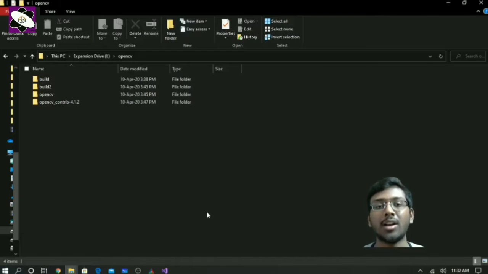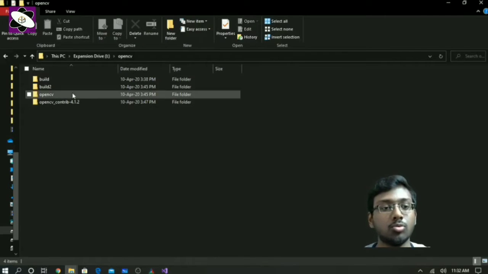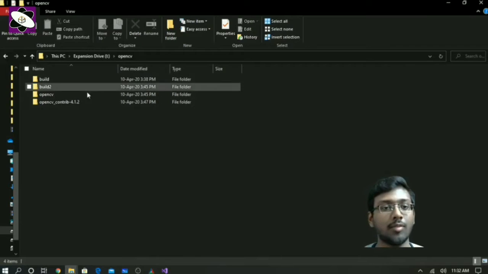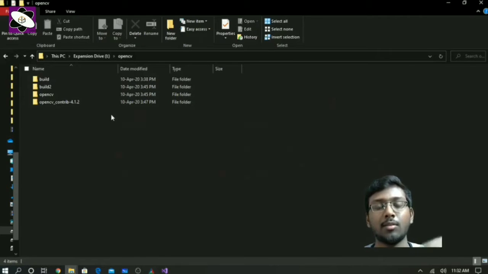So coming to the how part, we need to start from source. We need to build OpenCV from source, because for Python we can just use import OpenCV Python, but darknet is written in C++, and for other languages we need to build OpenCV from source. So just download this file. All those links and file details will be in the description.